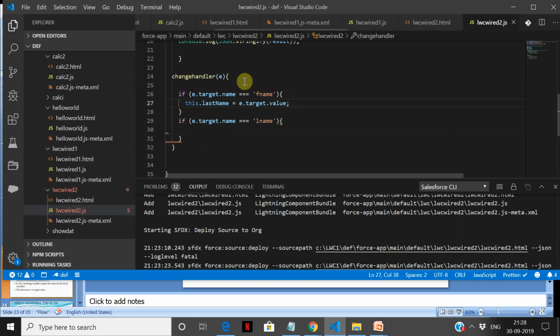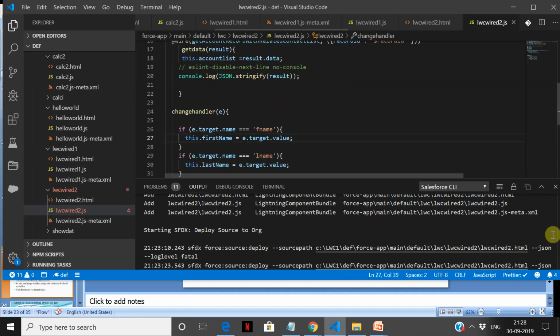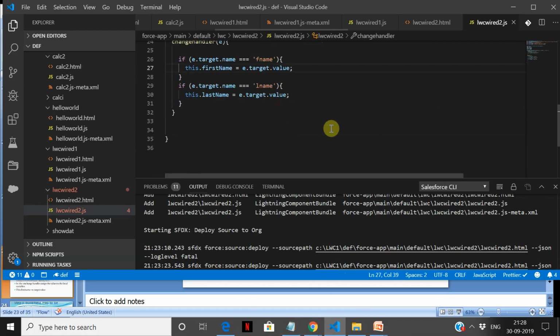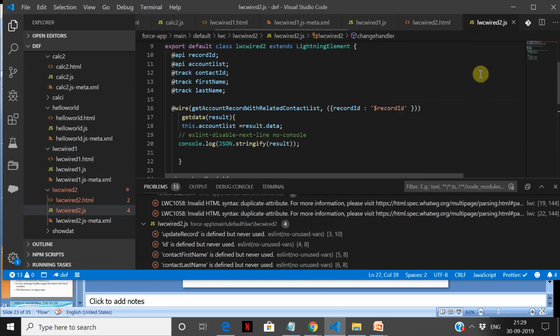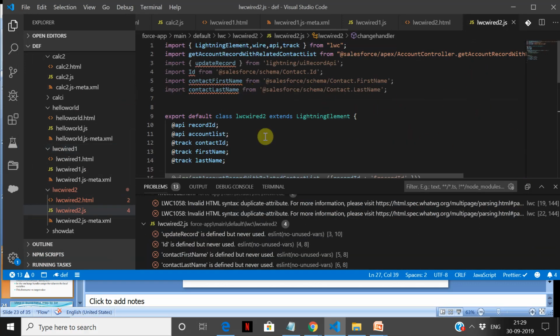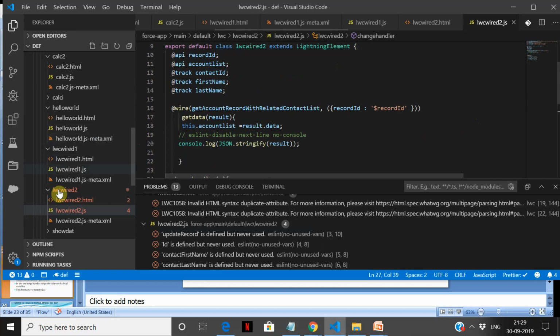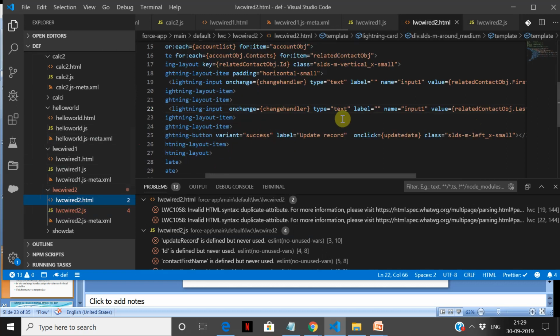Alright, so I'm going to check your target.value to get my values whenever I do the change of that, any changes I do. So now let me wire this up, change on both first. Alright, so we have defined the schema objects, then we have created the local variables, then we have mapped, and we are going to get the data from that and store it in the change handler.